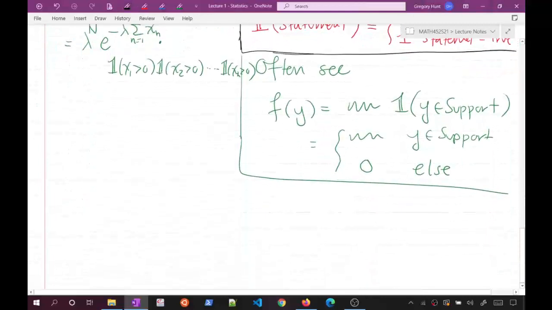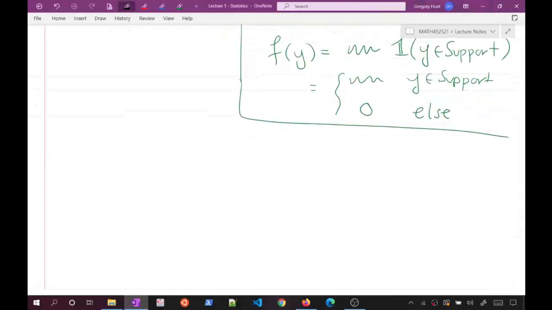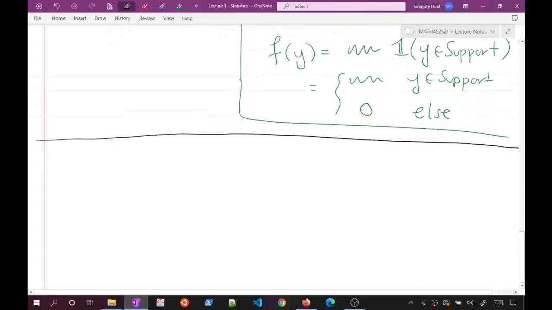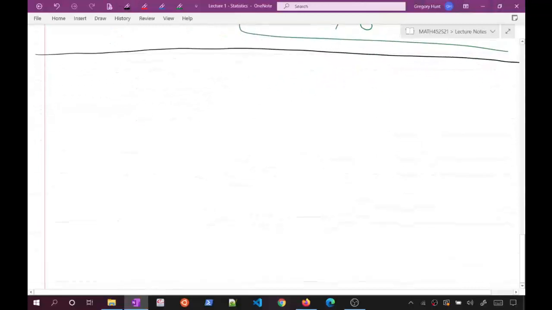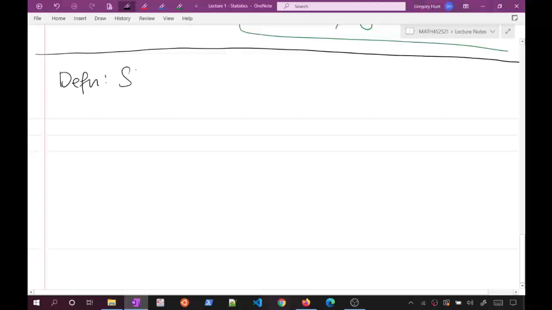Okay, so the title of the lecture is Statistics. So let's define what a statistic is, right? And you might think it's some grandiose definition. Turns out, not so. Statistics are a very general concept. So, definition,